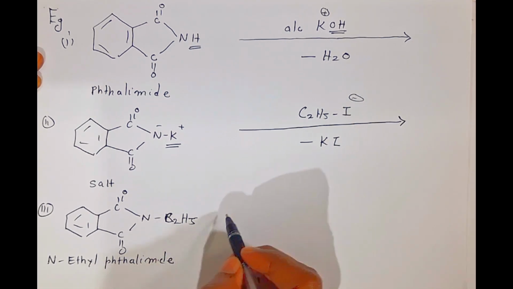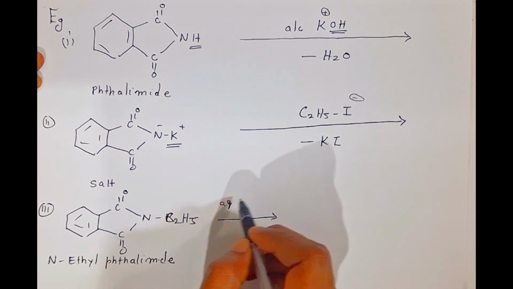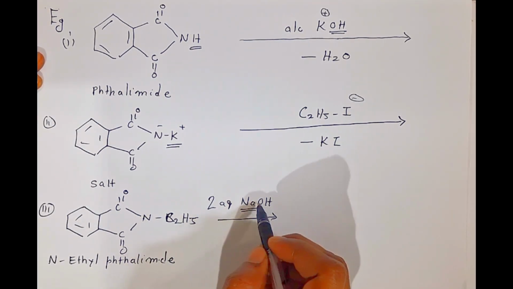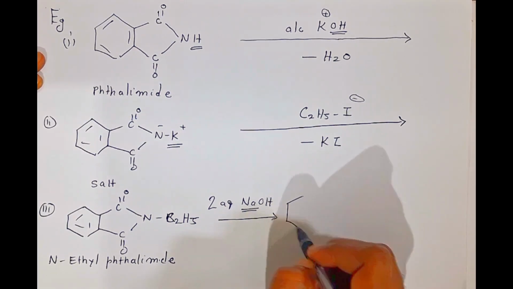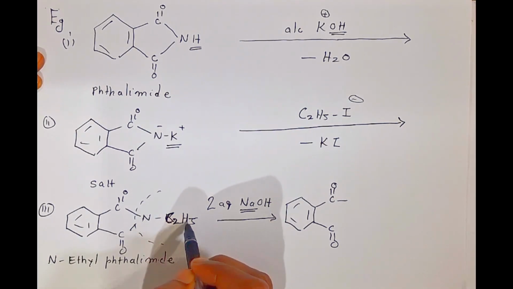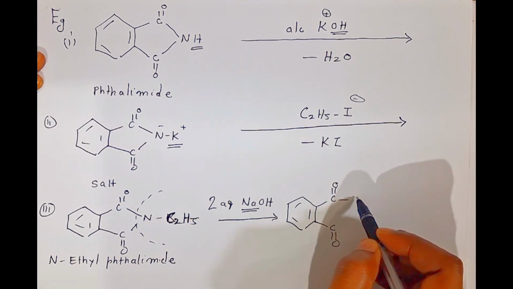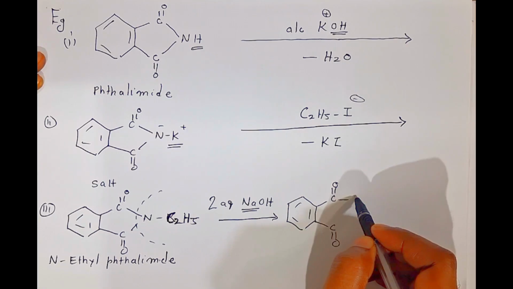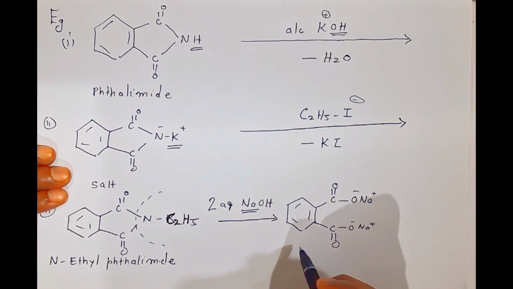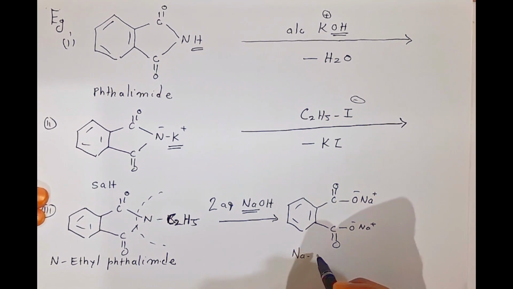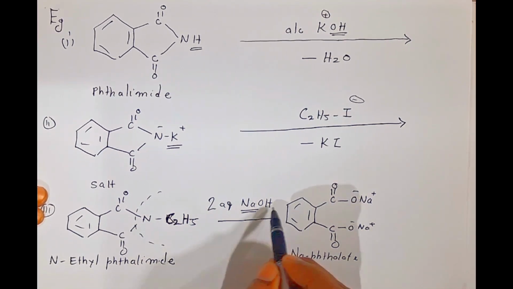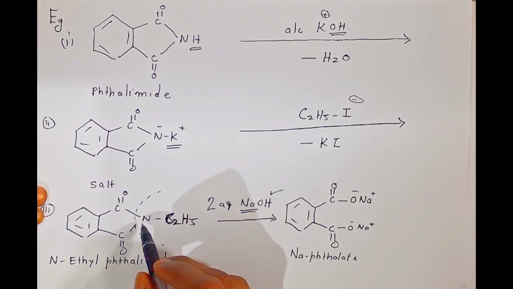Now what happens, students? You have to add aqueous NaOH, 2 molecules of aqueous NaOH. Now these two combine and form the salt. Here this bond will break, students. This is carbon and this is hydrogen. So it will form the sodium salt, sodium phthalate. This is sodium phthalate, students. And this hydrogen now combines with the ethyl and nitrogen,